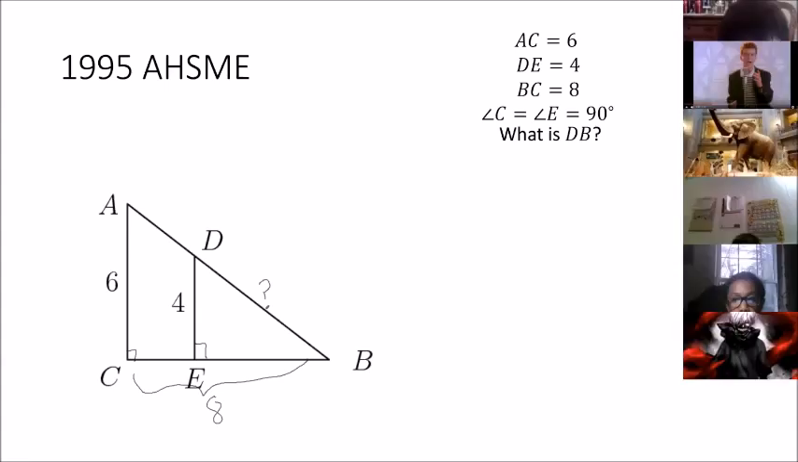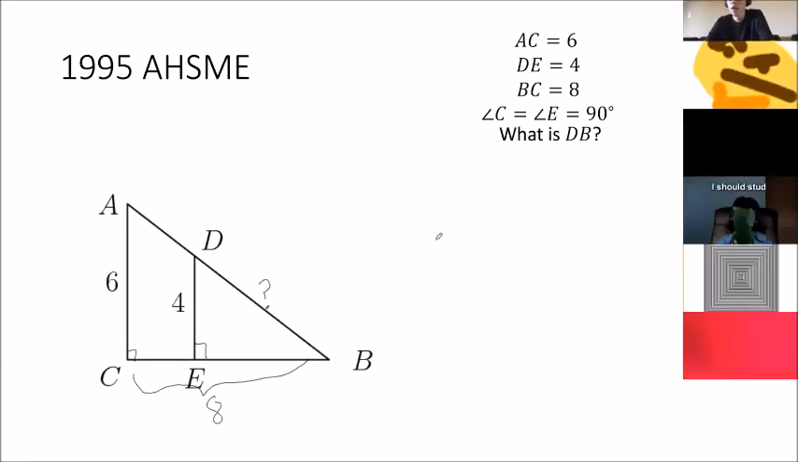It seems like some people are done, so I'm gonna go ahead. The first step is you have a right triangle and you know two of the sides are 6 and 8. So immediately you can find out what AB is. AB is 10, and that's because triangle ABC